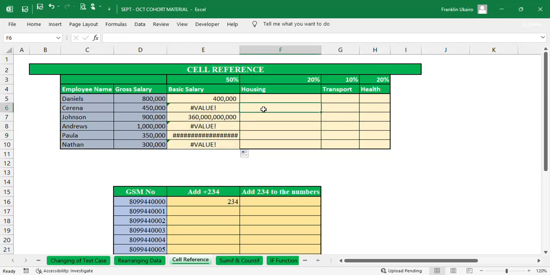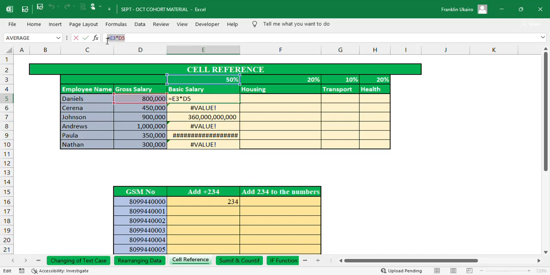The reason it's giving us error is because in the first case, it picked the right cells: cell E3, which has the 50%, multiplied by cell D5, which is 800,000. If you check the address bar, it will give you the right thing. Now, coming to the second place,